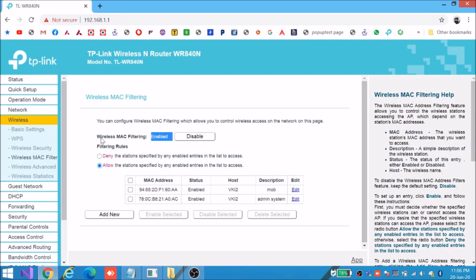Now you can see the wireless MAC filtering is enabled and it is allowing only these two devices. Out of these, one is the admin device using which I am doing all the settings.